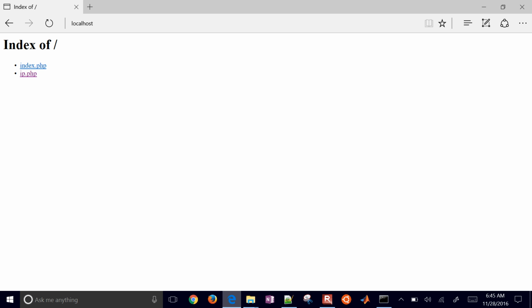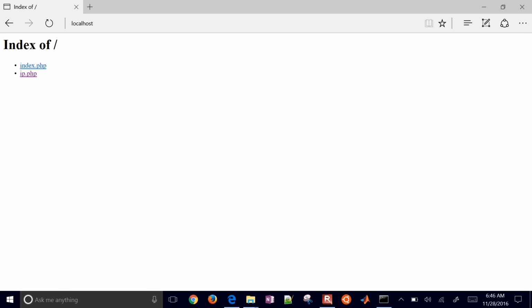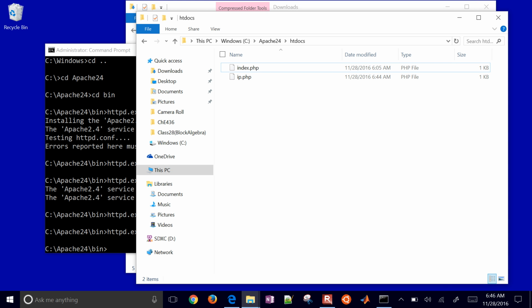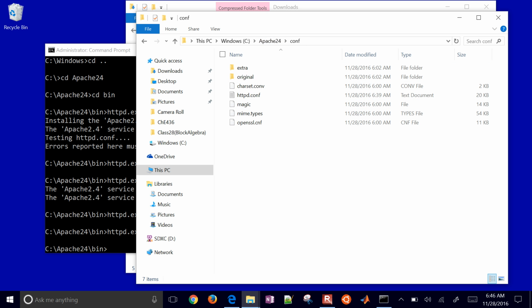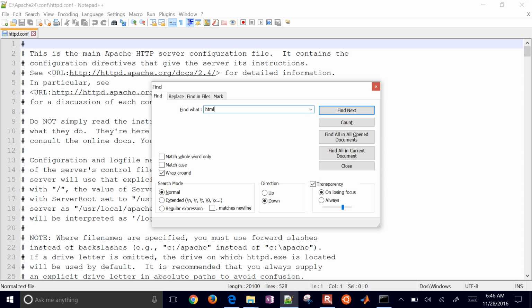Okay. And what I need to do is allow Apache to know that index.php can also be one of my index pages. And so what I need to do is then go back into configuration, edit my configuration file, and let me just search for